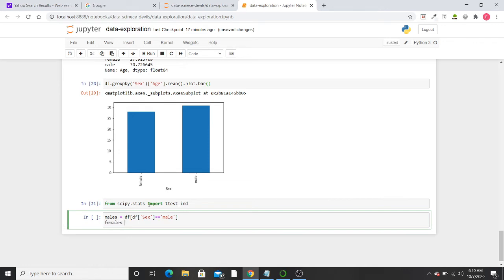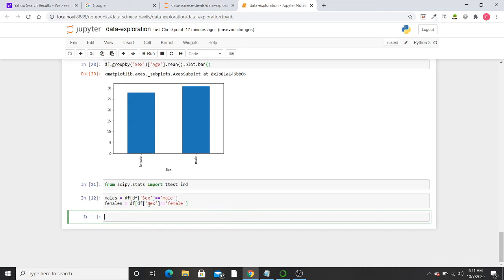And if it is female then store it in females. So here we have successfully generated two variables for storing males and for storing females.